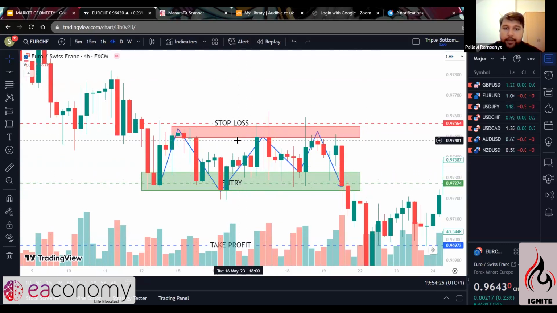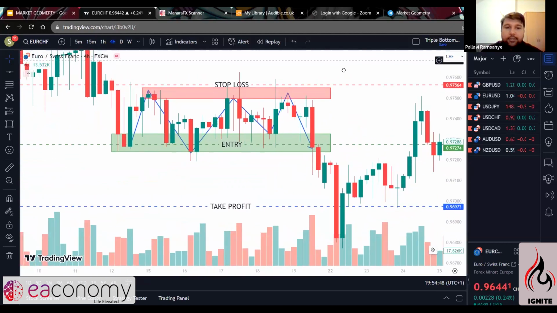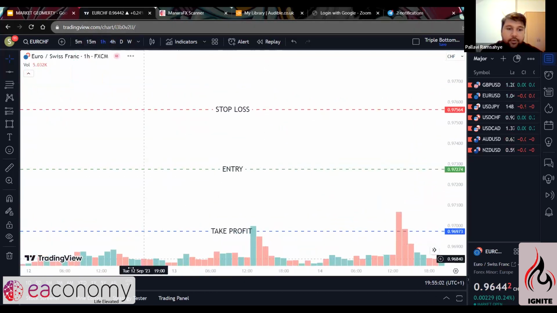So when you ask whether it's just candle bodies, I prefer to identify the candle bodies. But if you're looking at the wicks, you can include the wicks as well. The wicks are just as important as the candle bodies, but the more you look at these patterns, the better. To simply answer your question, it's only the candle bodies that I look for. But I also look at where the wicks are, because on the lower time frame, these will be candle bodies. So if you look at the hour,